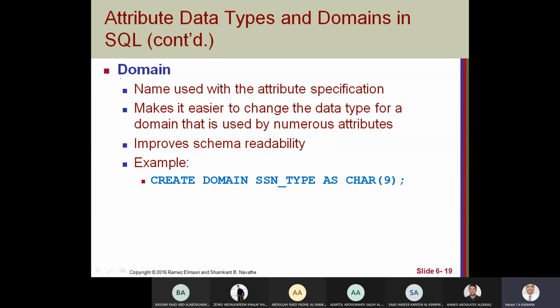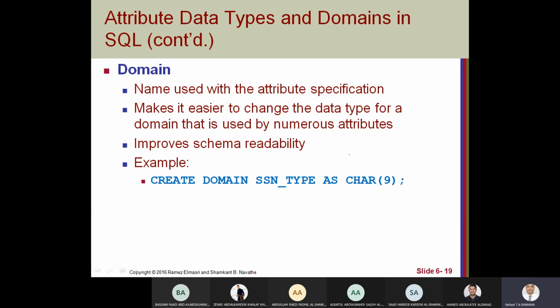So instead of repeating this with all attributes with the same data type, same size, and maybe some constraint, we can create a domain and use the name of this domain.